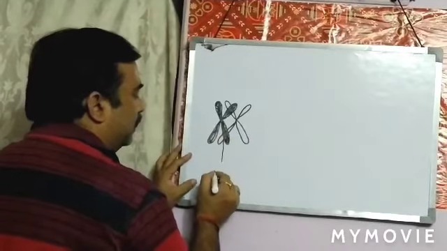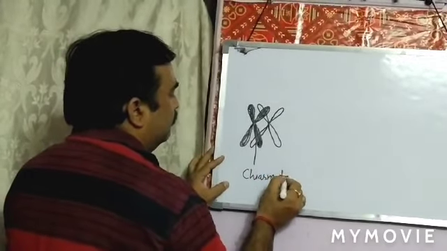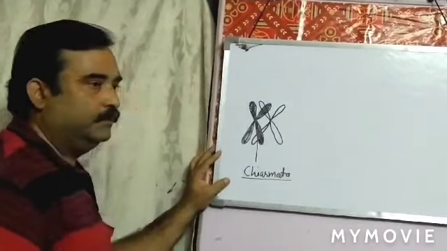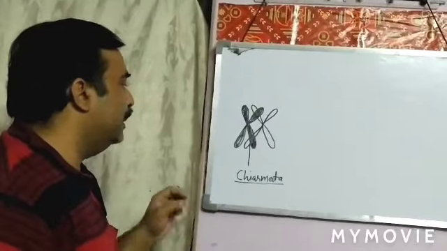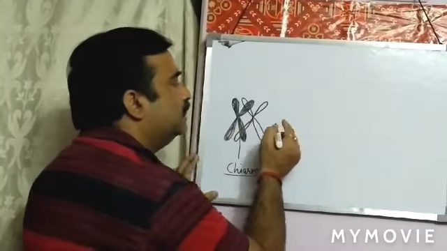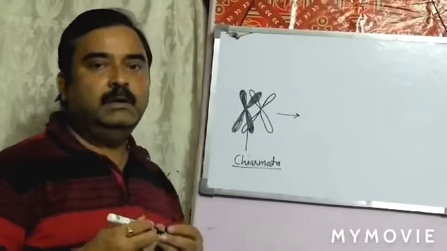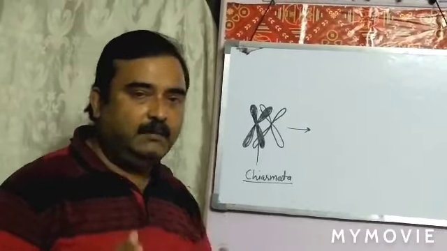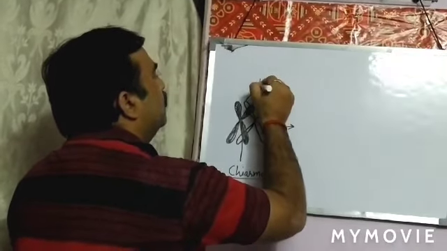This point where they cross over is called chiasmata or chiasma. At the chiasma, they exchange their genetic material in equal amount, in equal quantity. The same gene number is transferred between two